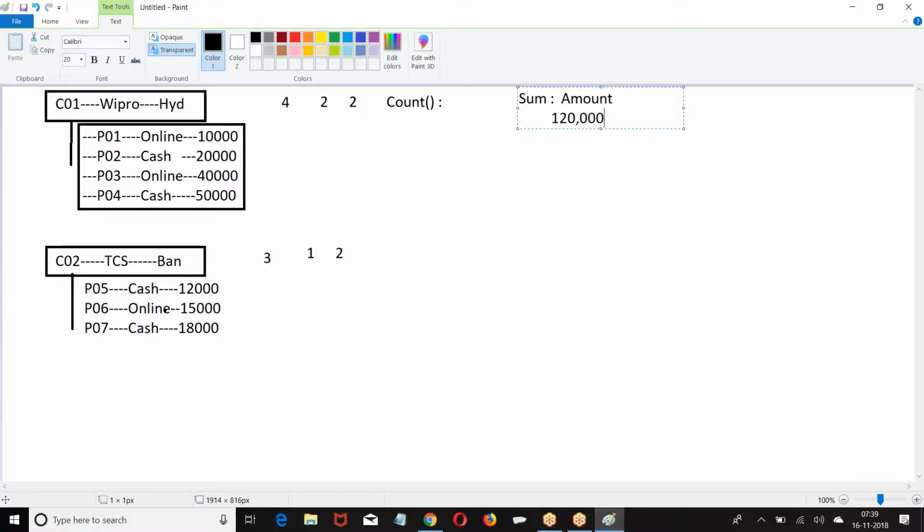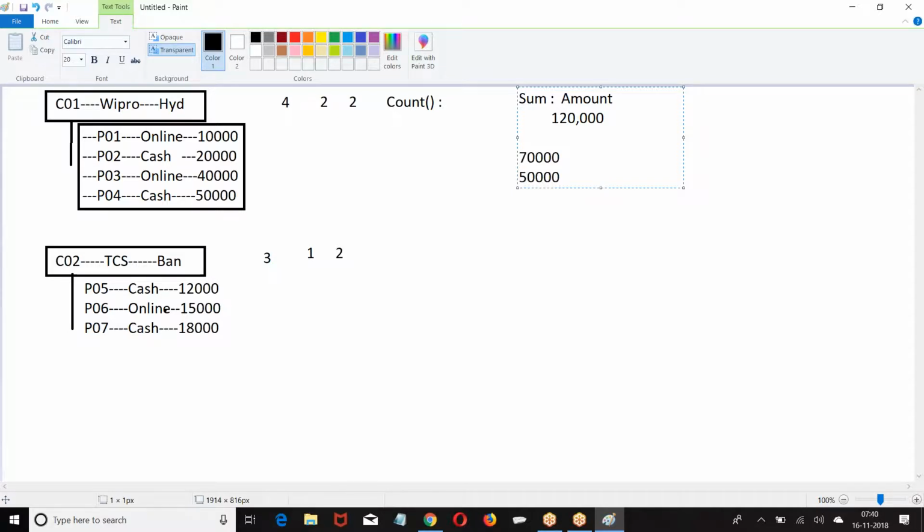Now I am saying don't take all the records. Take a sum of cash records. If you set sum of cash records, it is 70; sum of online, it is taking 50.